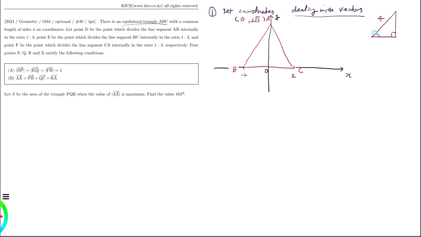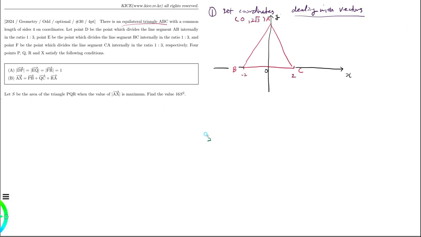in the case of a right triangle whose one acute angle is pi over 3, the length of sides has a ratio 2 versus 1 versus square root of 3. It's a ratio 2 versus 1 versus square root of 3. This is the longest one and this is the shortest one. Okay,